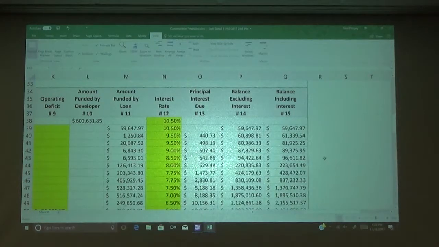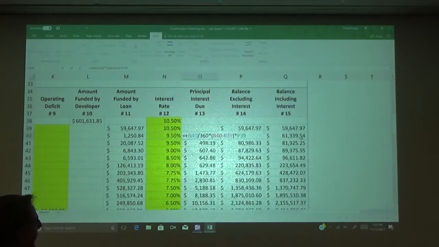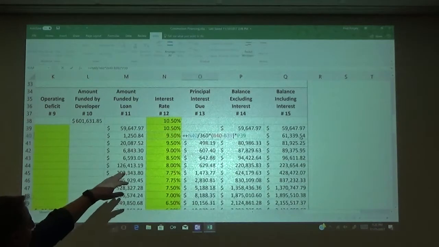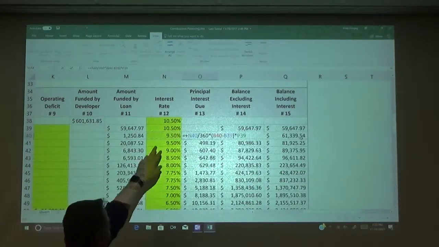The part that's a little wonky, that we're going to talk about here just for a second, is actually calculating the next column, which is the interest due, okay? Because of how they chose to set their model up. I don't know that I would have set it up quite this way, but I wanted to match the example, so I did it the way that they wanted to do it. And that is, if you look at the formula, so what you're basically doing is you're taking the interest rate for that particular month,